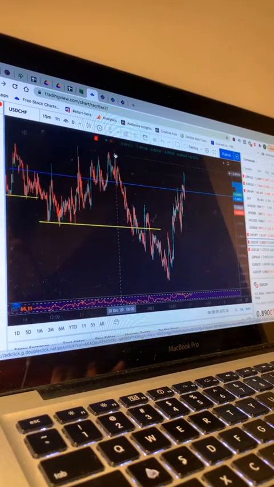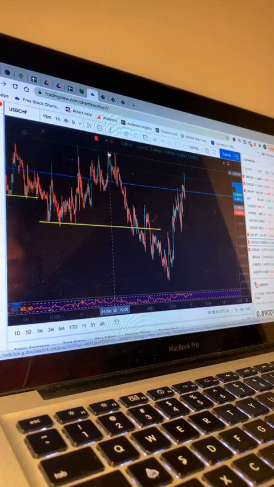Like its very last high, where it has tapped about 3 times, was 0.8918, and it's currently at 0.8900. So I think another 20 pips,